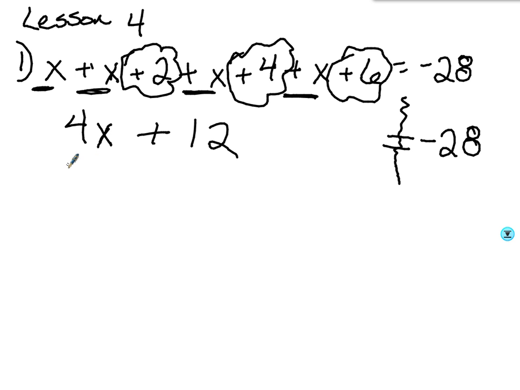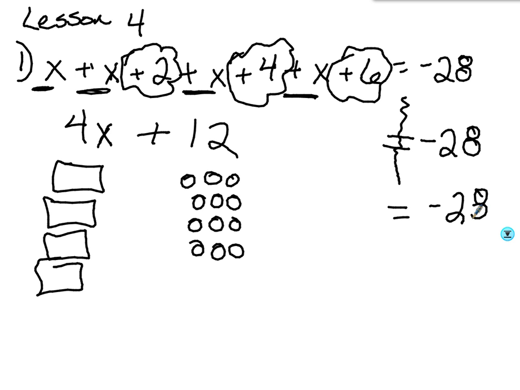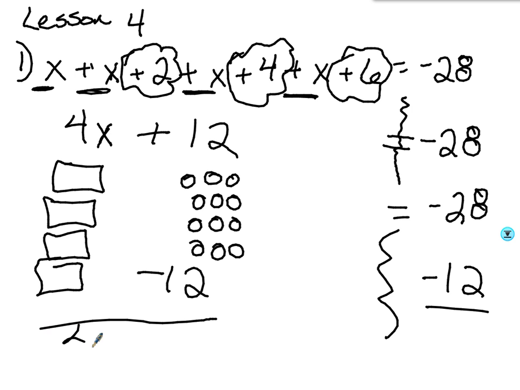Now, imagine you have these 4 boxes that you don't know what they contain, and then you got these 12 little cubes from last week, and that equals negative 28. The first thing we need to get rid of are these 12 little cubes. How do you get rid of the 12 little cubes? Alright, so we're going to subtract 12. If we do it to one side, you got to do it to the other. There you go. So 4x is still left on the left-hand side, and that equals